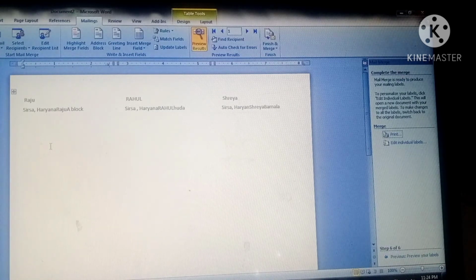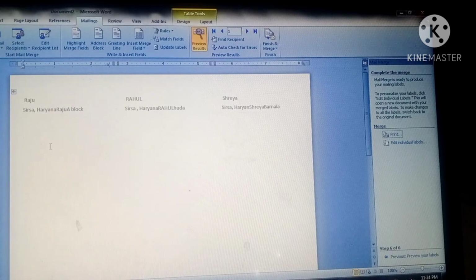So in mail merge we have used 2 things. When you are using the mail merge, first you need a main document where you write the lines that you want to send to all your friends. Second, you have to create a data source. Data source is a table in which you will store all the records of the persons to whom you want to send your letter. For example, in a letter I need the name of that person, an address, and a city. So I have made the table with these three fields.